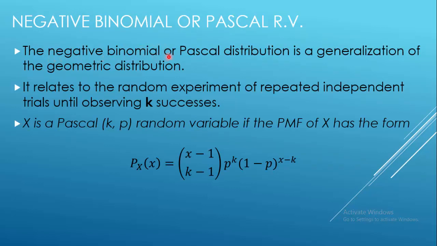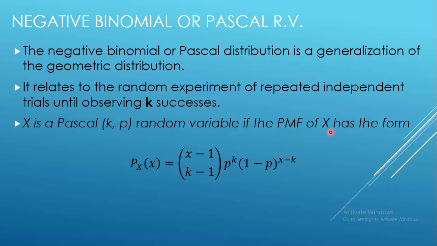The negative binomial or Pascal distribution is a generalization of the geometric distribution. We saw the geometric distribution a couple of videos before. It relates to the random experiment of repeated independent trials until observing k successes. So we keep repeating the trial again and again until we get the event we are looking for, the success. So X is a Pascal k comma p random variable